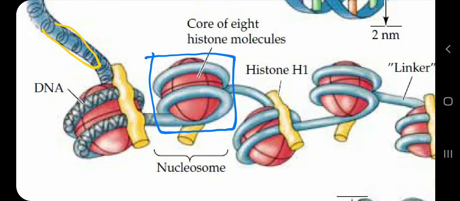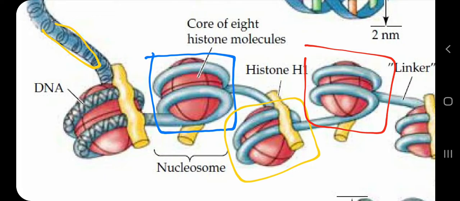What is histone? Histones are proteins in chromosomes or in chromatin. For now you can understand that DNA is packaged along with histones in the case of a eukaryotic cell which has a nucleus, and in a series you can find histones. So the complete DNA, the very long thread, is wrapped around histone, again wrapped around histone, then again wrapped around histone, then again wrapped around histone.